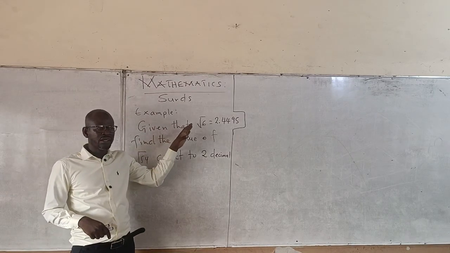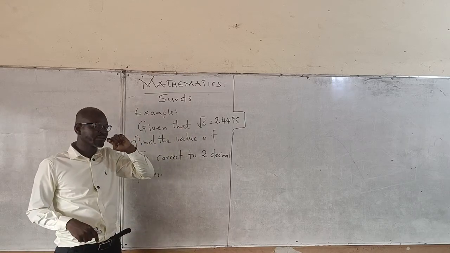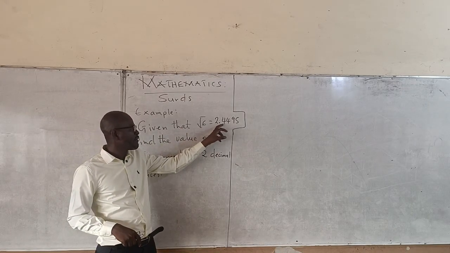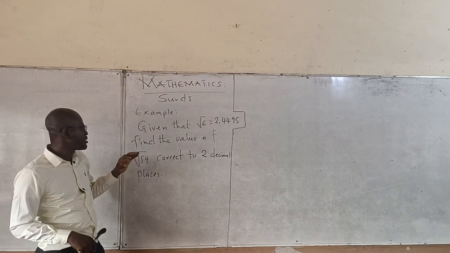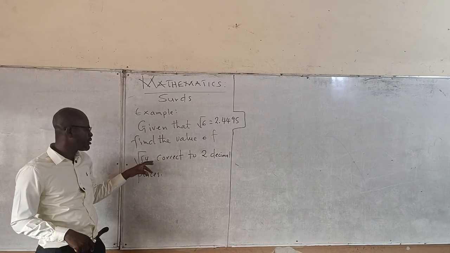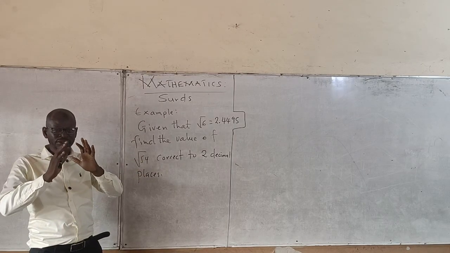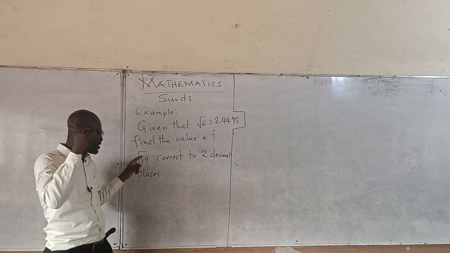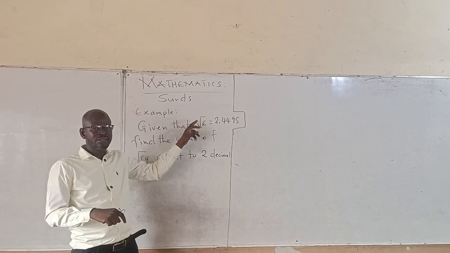Given the square root of 6, which is 2.4495, the question says you find the value of square root of 54. It means that the question is square root of 54. You should find the value, wherever you come across the surd when you are simplifying it,